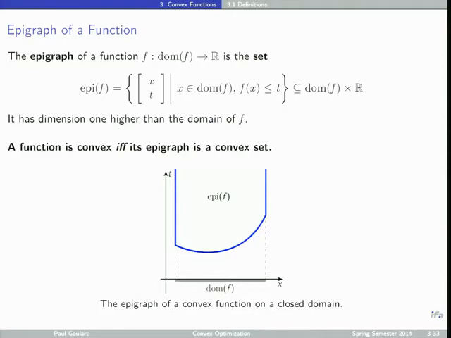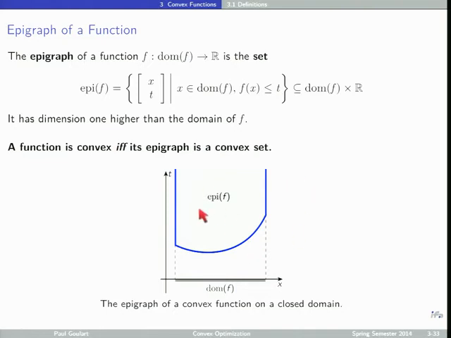So I take this curve. Well, first of all, down here is the domain of f. And then I take the curve f(x). It's a convex function. And I take all the points that are above the curve. This is the epigraph. So the epigraph, if the function is defined in R, because it's a one-dimensional function,